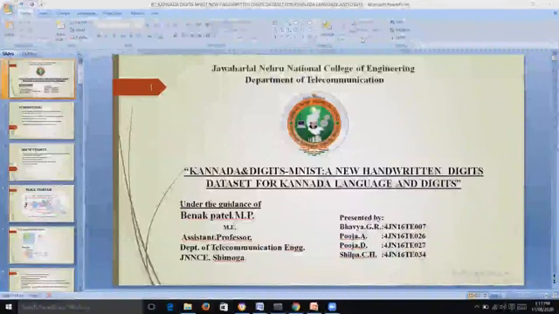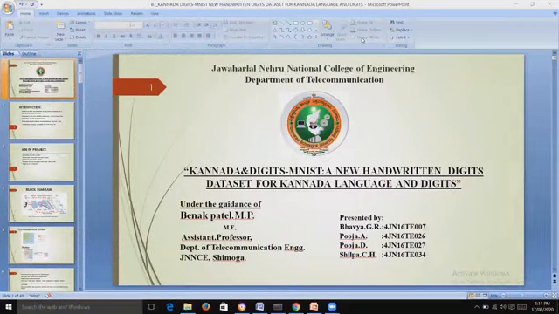The software requirements of this project are the Python programming language and Anaconda software. Anaconda is a free and open source distribution of the Python programming language for scientific computing that aims to simplify package management and deployment. The Anaconda distribution includes data science packages suitable for Windows, Linux, and Mac OS.